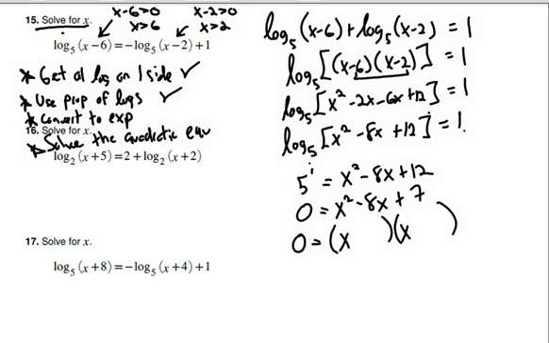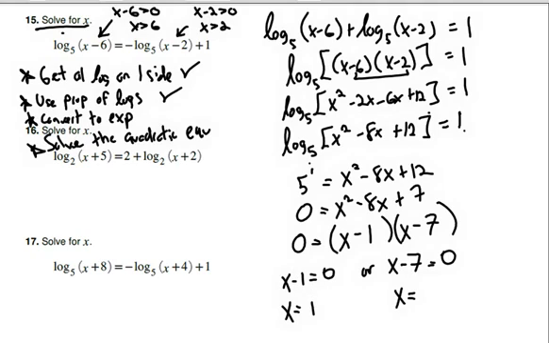because factoring is fast. So subtracting that 5 from both sides turns that 12 into a 7. We have a leading term of x squared, so that means I have an x and an x. I need 2 numbers that multiply together to equal 7, and when combined, they equal -8. So that seems to me like it's going to be a -7 and a -1, which means since I have two things here multiplied together that equal 0, our algebra teaches us that either this thing is equal to 0 or that thing is equal to 0. So either x minus 1 equals 0 or x minus 7 equals 0, which means that